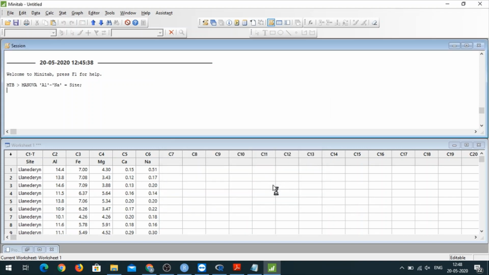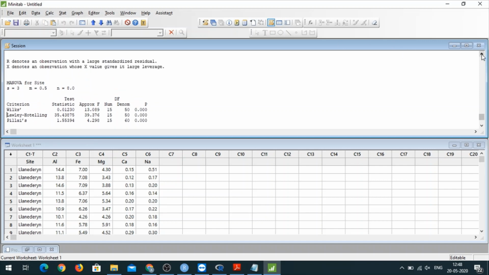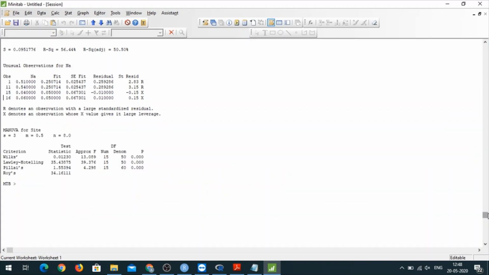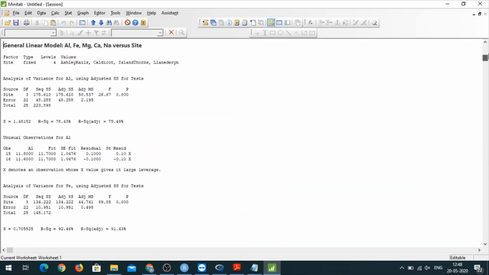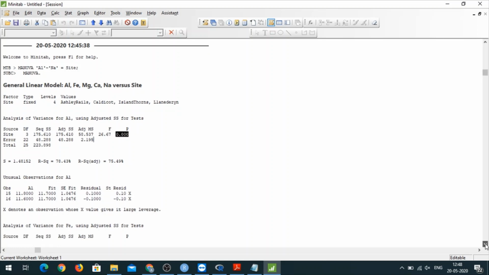So let us click OK and you get everything. Let me first show you what all we have got. There's a long output. First it has printed for individual oxide. So this is for aluminium. For aluminium it got rejected because p value is 0.000 almost.